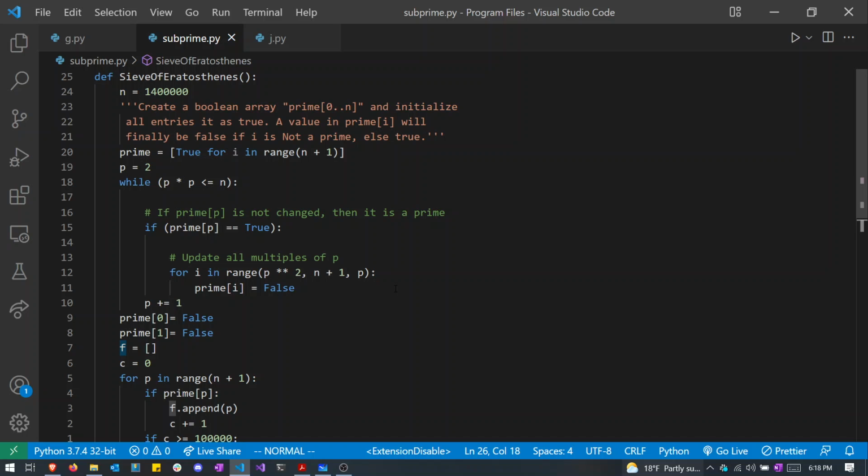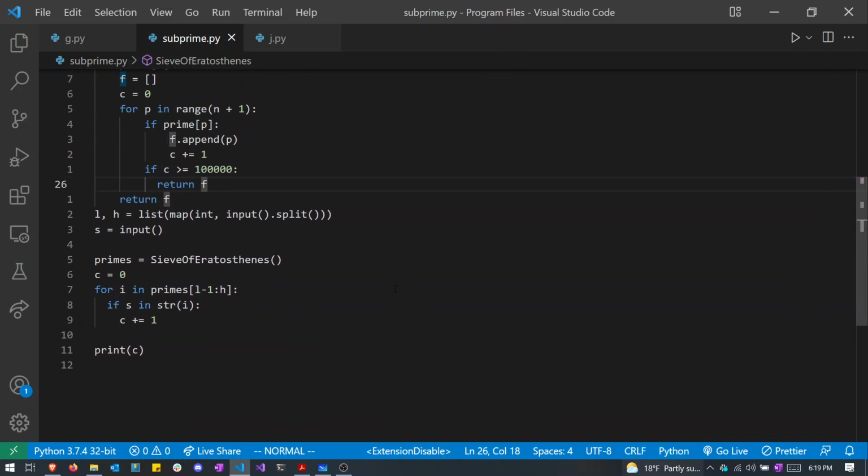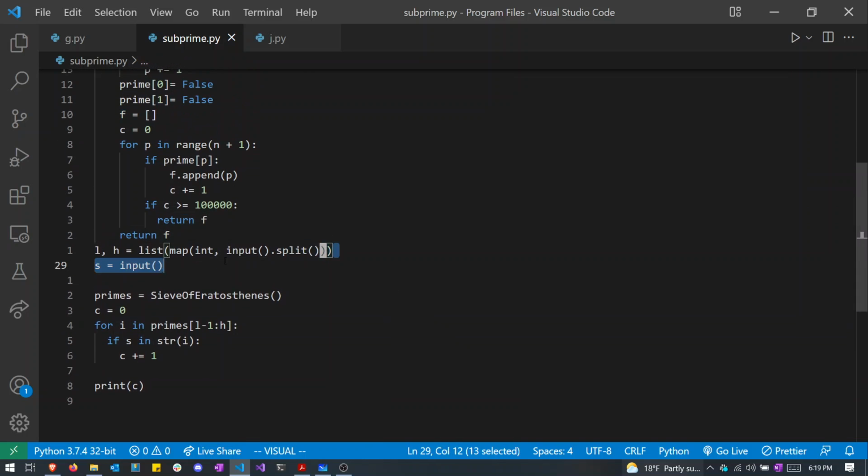And then afterwards, we realized you could just do it. So all this problem does is it gets our first input, the low and the high, and then the input of our substring. It finds every single prime number from the first prime number to the 10 to the 5th prime number. And then I loop through the subarray of the numbers that they gave us, and then I just check if the substring is in that number, and then if it is, I increment a count, print the count,